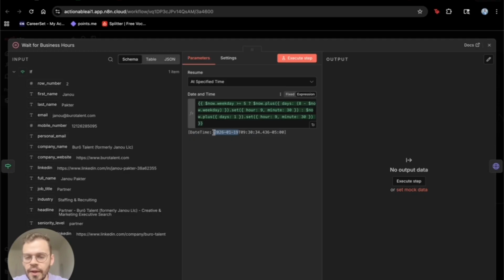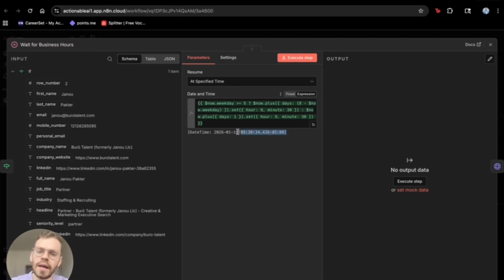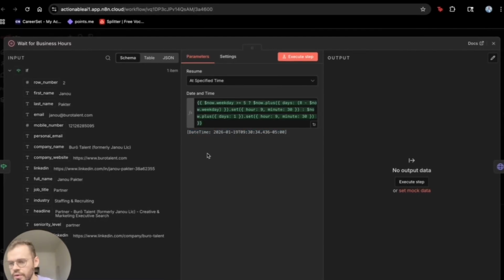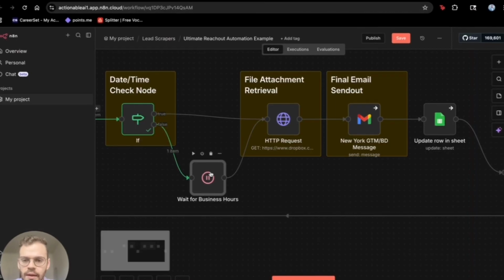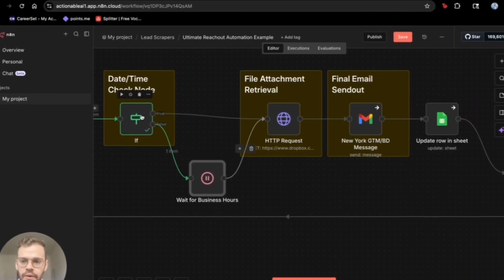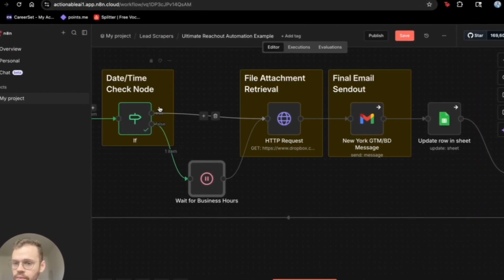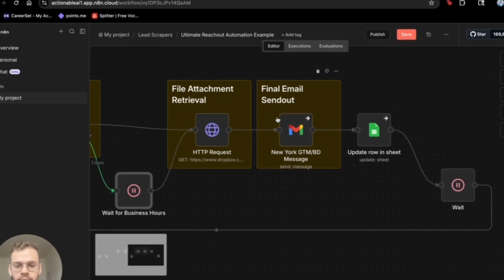It's going to spit out Monday the 19th, and this automation is going to start at 9:30 at -5 hours. I think it's GMT. Don't quote me on that, but essentially this is just showing that it's New York time zone. Once that's done, and it's either going through the wait node or completely skipping the wait node,